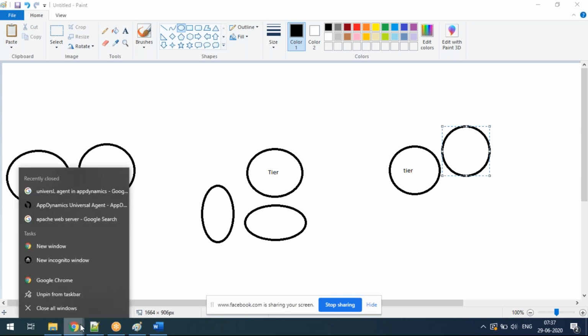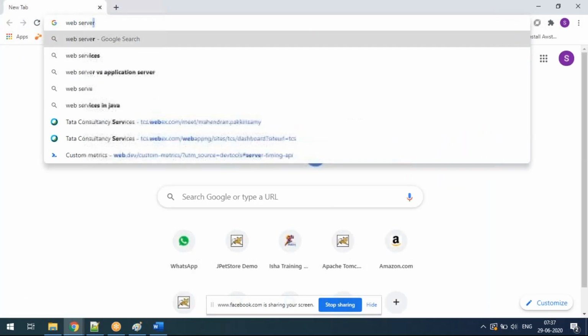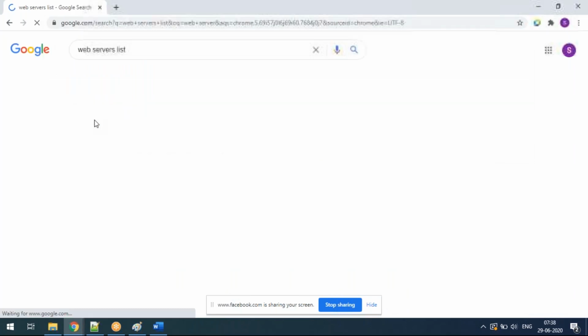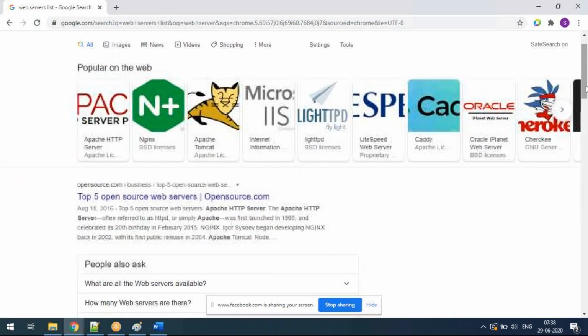See, I just told you an example. Apache or JBoss, these are different servers. You can see n number of types are there.